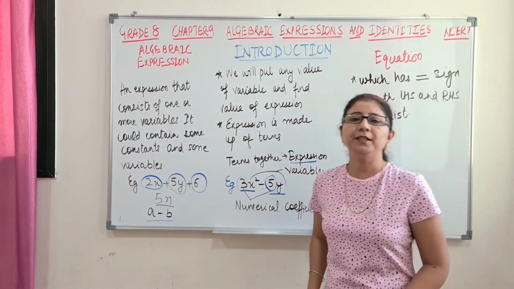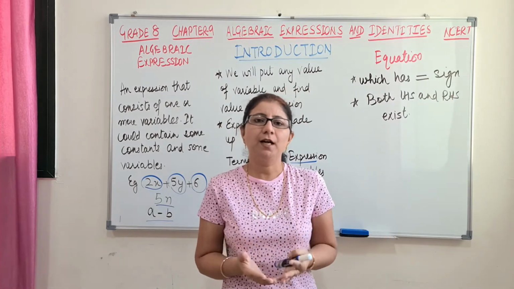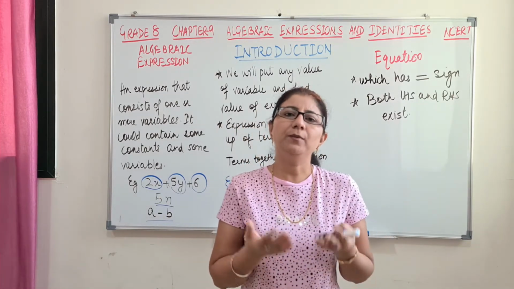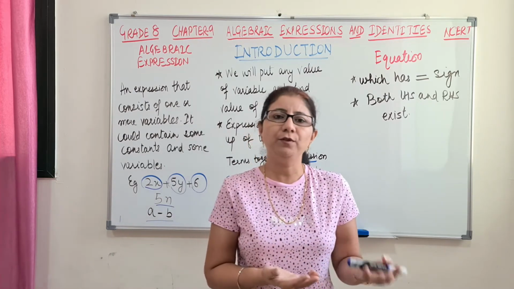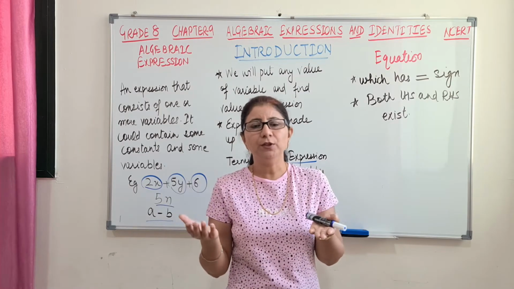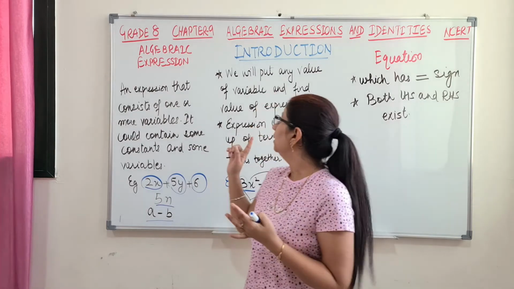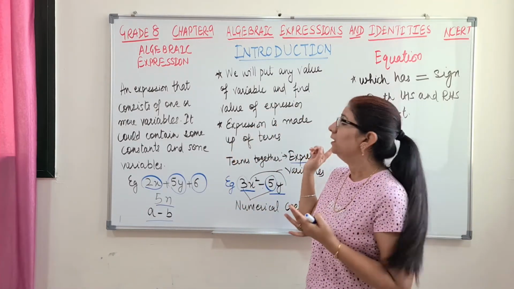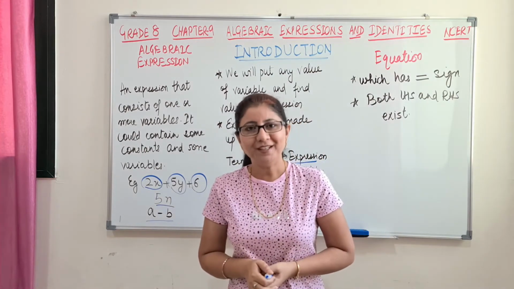Once it is clear what is expression and what is equation, we also have one more thing in the chapter name, that is identities. What are identities? For the time being, you can refer to them as formulas. That means it is true for all the values that we put in the variable, and we can see that the left hand side will be equal to the right hand side. So in this video we have learned algebraic expressions, equation and identities. Now let's move to our next topic.